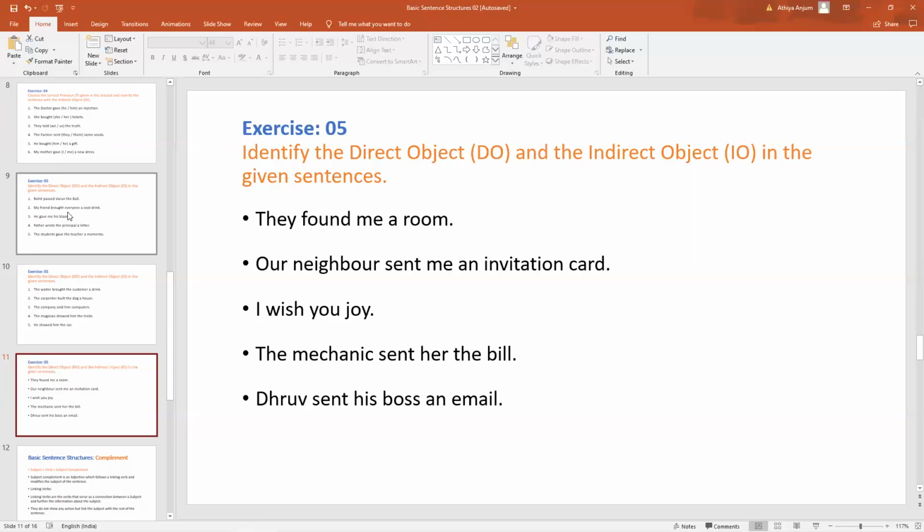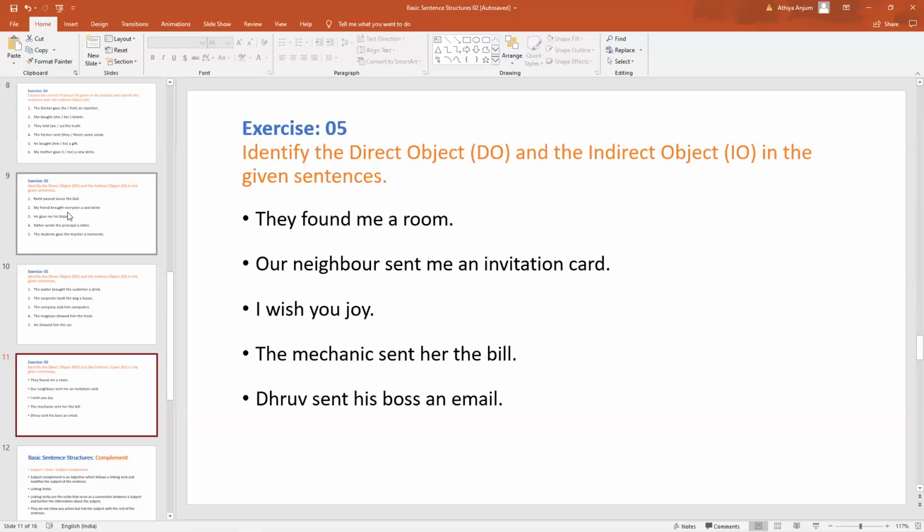Then objects again, there are two different types of objects, the direct object and the indirect object. So here we are doing the subject plus verb plus IO plus DO pattern. The indirect object comes first here, followed by the direct object. So how to identify the direct object and the indirect object so that you can identify the different patterns that are given to you. Okay, so far we have done three patterns. First one, only subject plus verb. You have seen a few examples and you have been asked to write as many sentences as you can on that pattern.